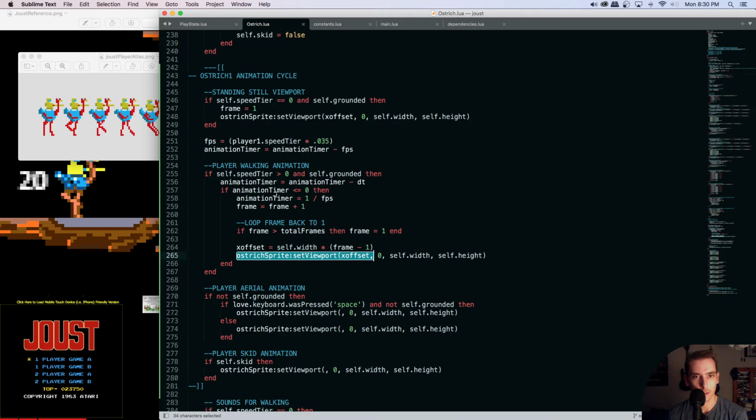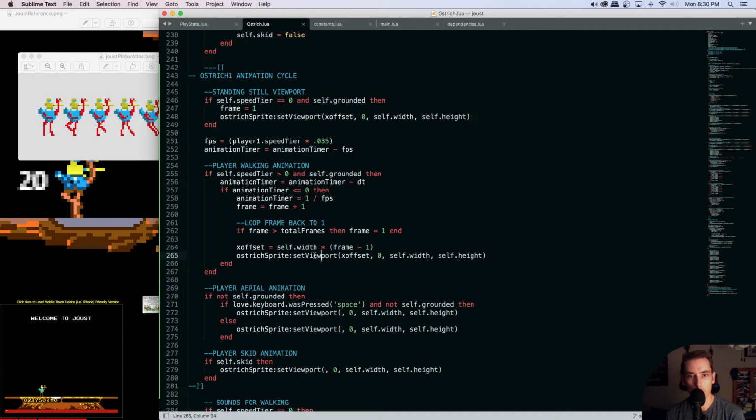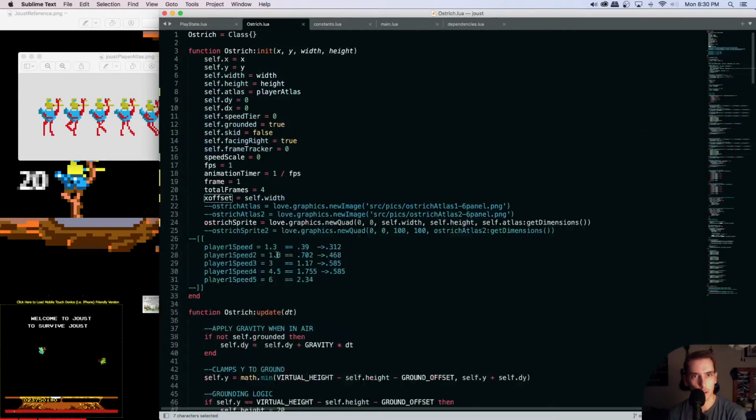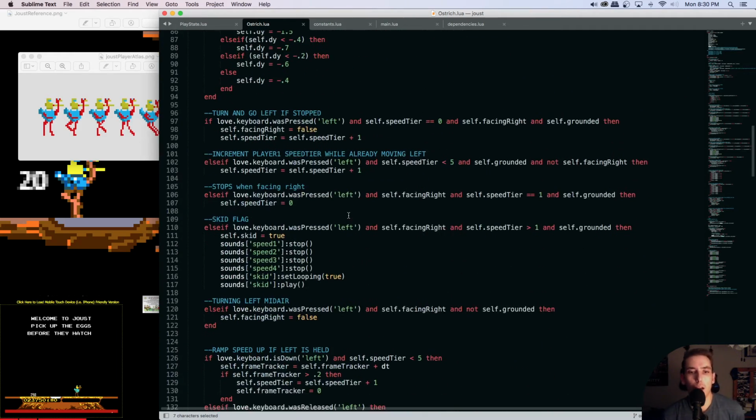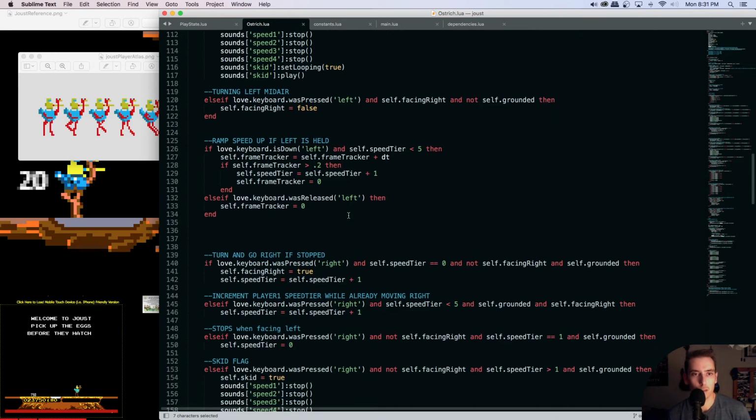happens, along with the animation timer, because this is determining which frame to draw from the atlas. So does my ostrich sprite is a new quad? Yeah. Okay. I think, well, let's see if we can do